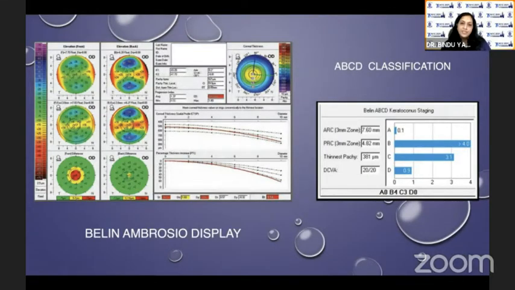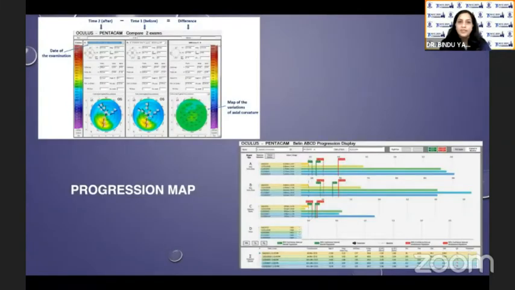Another important and newer classification that has come up is Dr. Belin's ABCD classification, which tells us about the anterior and posterior radius of curvature and the changes in it, the thinnest pachy and the distance visual acuity. So once we know that the patient is probably having an ectatic disorder, it would be prudent to tell the patient to wait for some more time, call him again, repeat the scan, and look for the progression map here. And if you find any kind of progression,